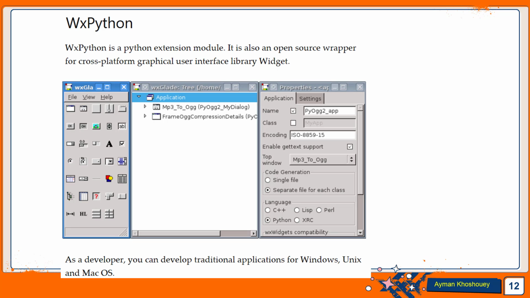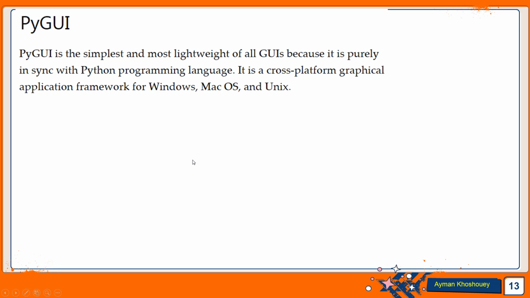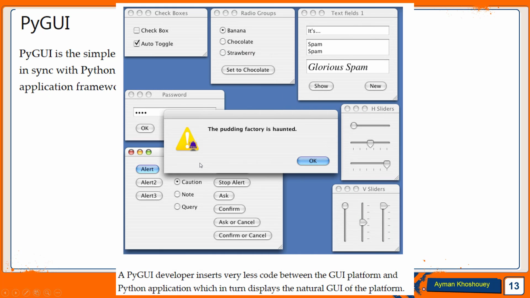wxPython. This is the application screen. It is easy and simple with many tools. GUI. It is the most beautiful view of the application with colored buttons and backgrounds of forms. You can use the fonts also.